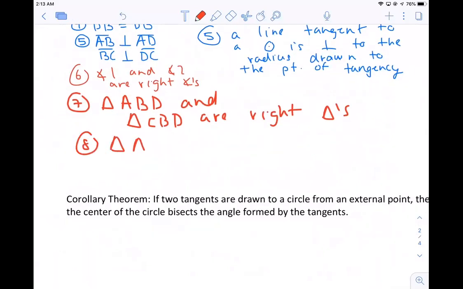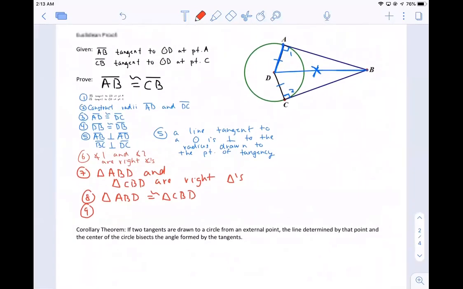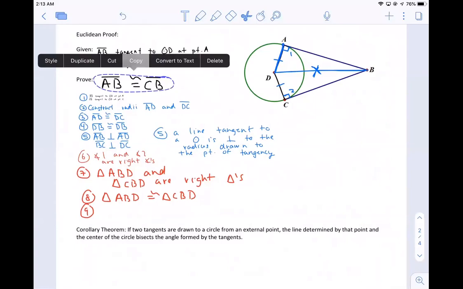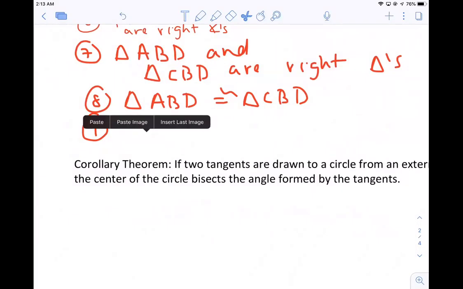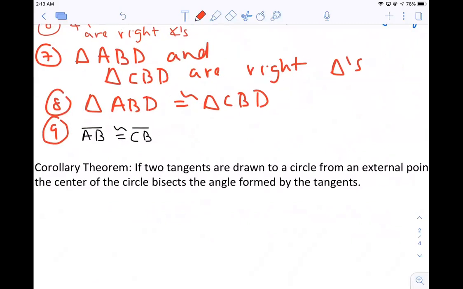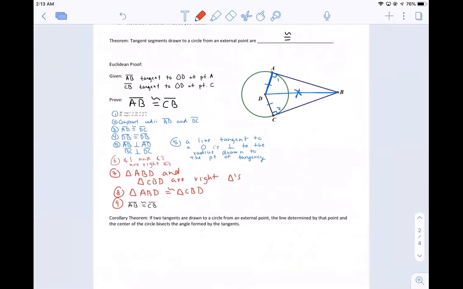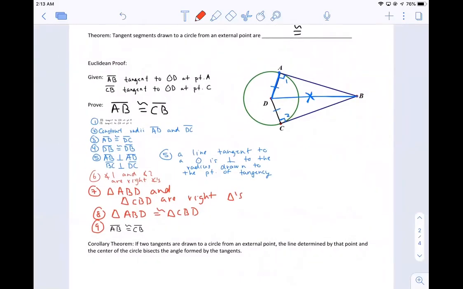So triangle ABD is congruent to triangle CBD, by hypotenuse leg. And finally, step 9, what we're trying to prove. Now you can prove that those two are congruent by CPCTC. All right, so not a bad proof,